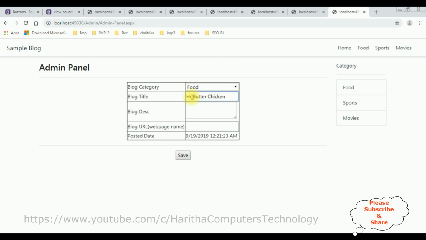How to cook butter chicken, and the below description, traditional Indian Punjabi dhaba style butter chicken is the description, and the web page name is the butter